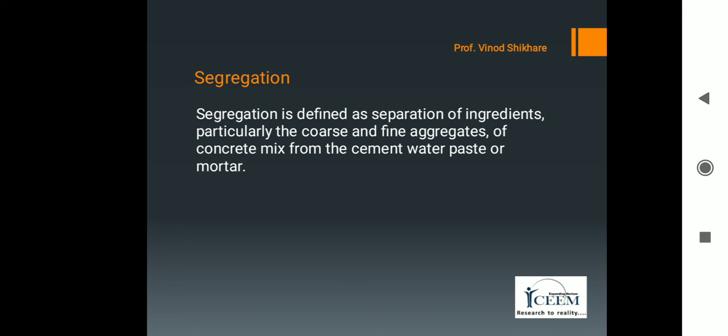The various factors which are responsible for segregation of concrete are: a large quantity of water with insufficient mixing, which reduces the consistency of the mix; improper grading of aggregates or large difference in aggregate size; an under-sanded concrete mix, which leads to a less cohesive mix; a large difference of specific gravity of different fractions of aggregates; and dropping of concrete from a greater height.